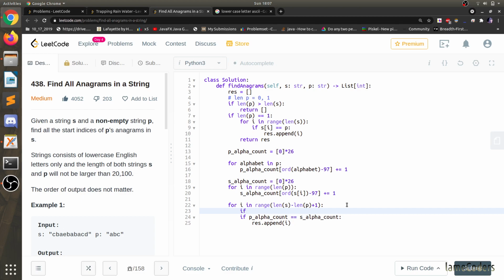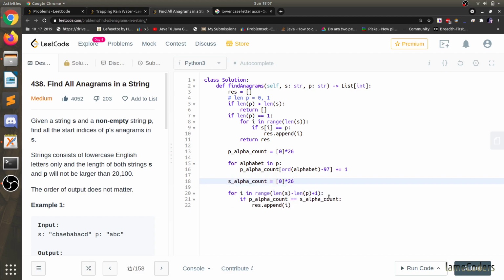Because we have already calculated it, we don't need to calculate it there. So we can start it from 0. Let's suppose it is 0 and we are calculating it here now for every index.